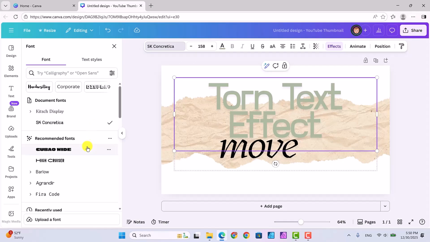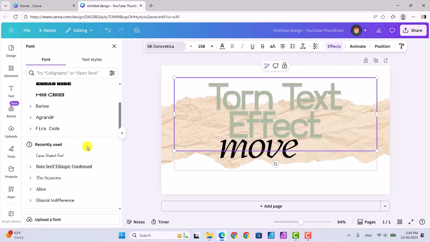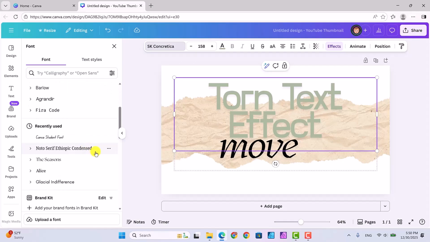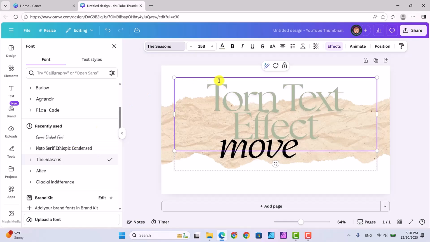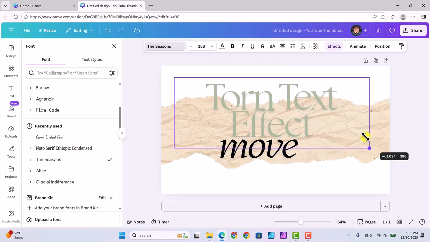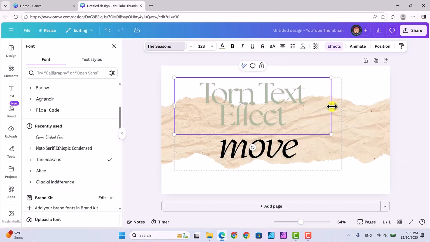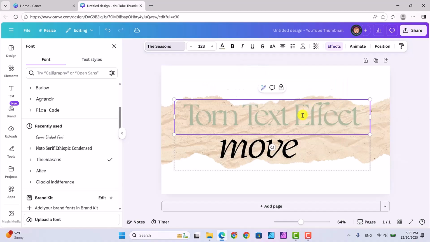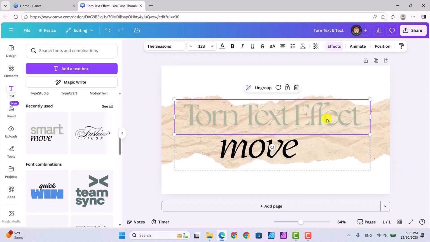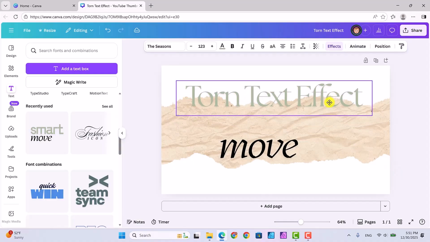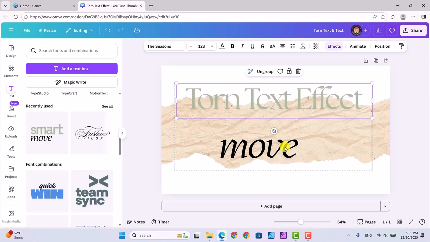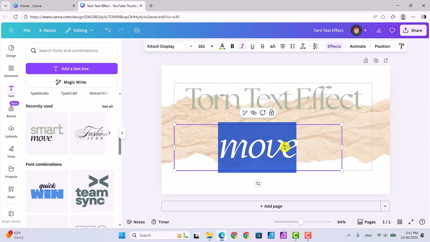I'll just pick anything. And then we can see, well, if I did, it's going to be down here. I'll just pick this one, Seasons, and see what that looks like. And then make it littler and pull that out so I can get it to where it's, move it up here, torn text effect, and then down here I'll just type in